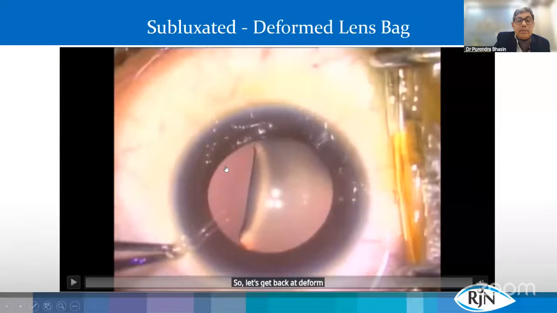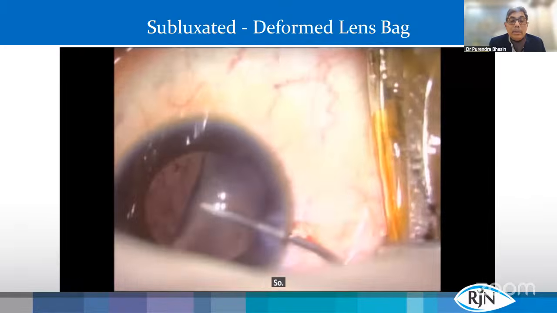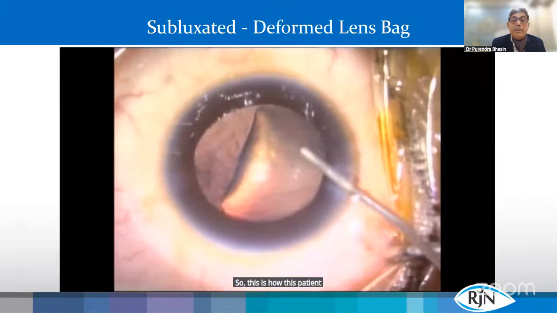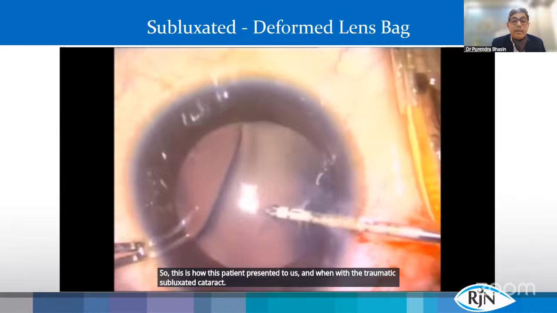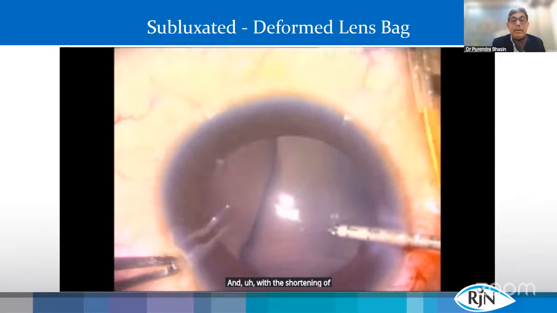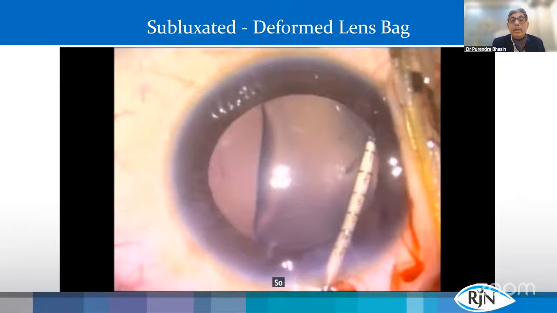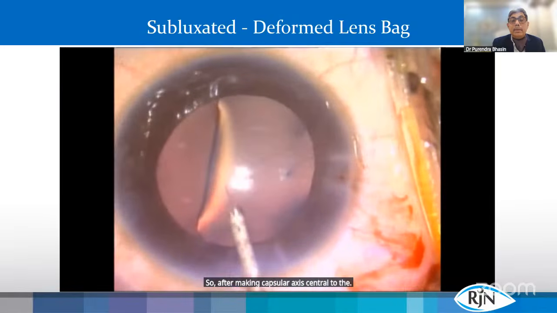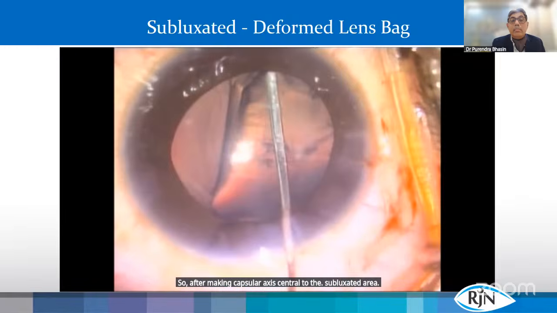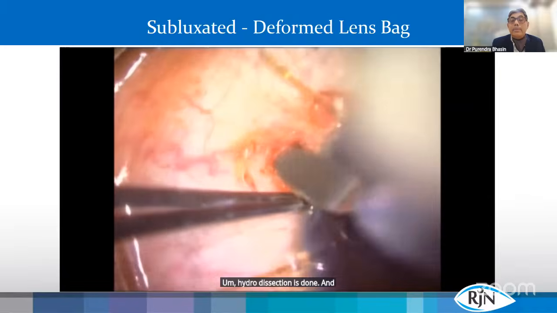The shortening of the lens bag occurs in the area where the zonules are absent. So this is how this patient presented to us, with a traumatic subluxated cataract, with shortening of the lens bag and the absence of zonules in that region. After making the capsulorhexis central to the subluxated area, hydrodissection is done,